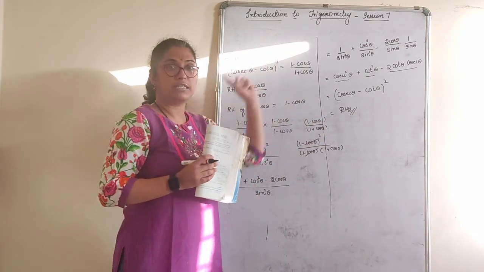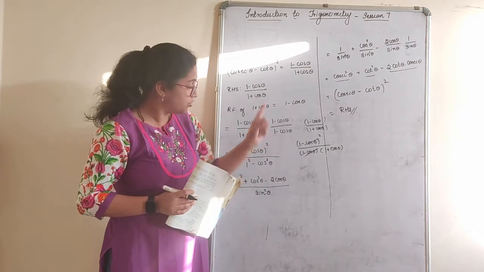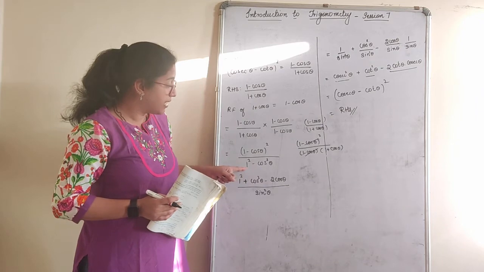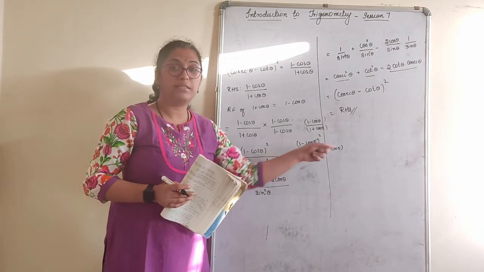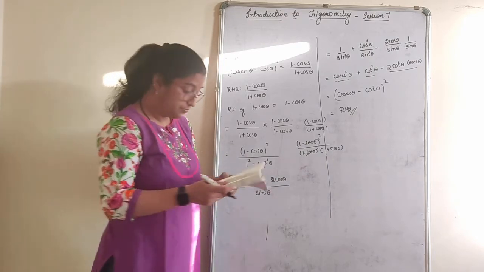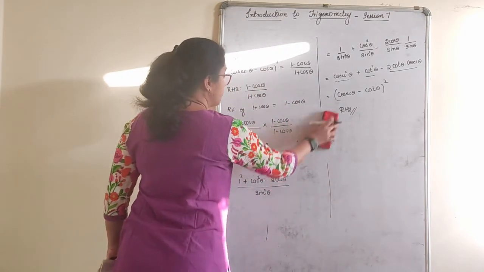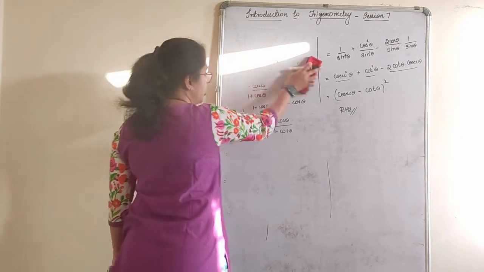If you go reverse, I am telling you, try the reverse part as homework, children. Right? I have just shown you what to be done here. So I have told you when to split, when to use 1 minus cos square. Again, don't use this, use this now as 1 plus and 1 minus. I hope the first one is very clear. We'll start with the next one. Your homework part is here. Solve it in the other way and check.